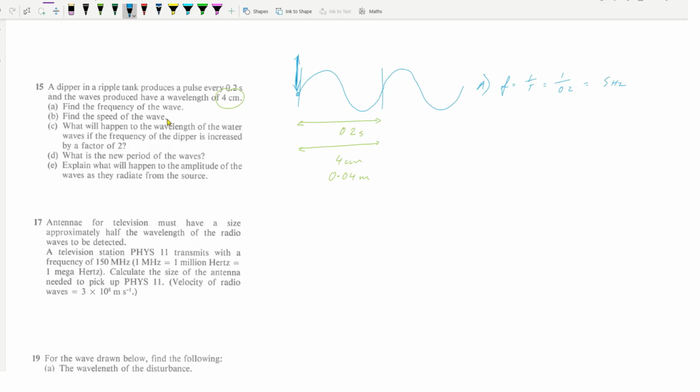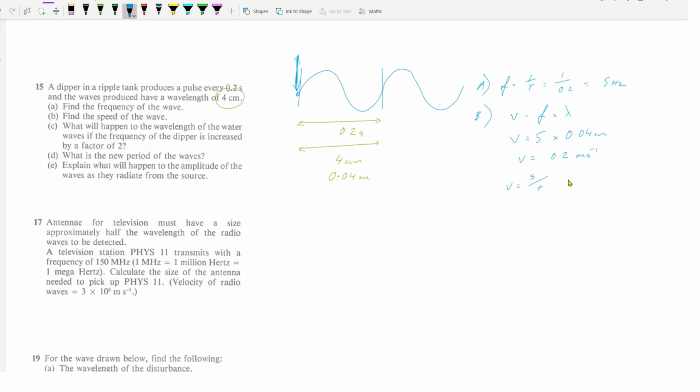What is the speed of the wave? Velocity is equal to frequency times wavelength. So the frequency is 5 Hertz, the wavelength is 0.04 meters. So the velocity is equal to 0.2 meters per second. Now you could have actually done this a different way, because remember velocity is equal to